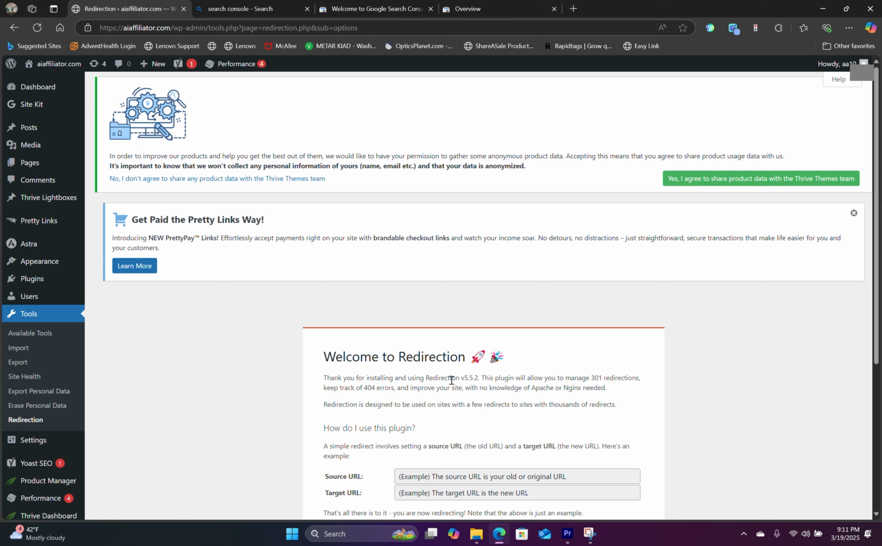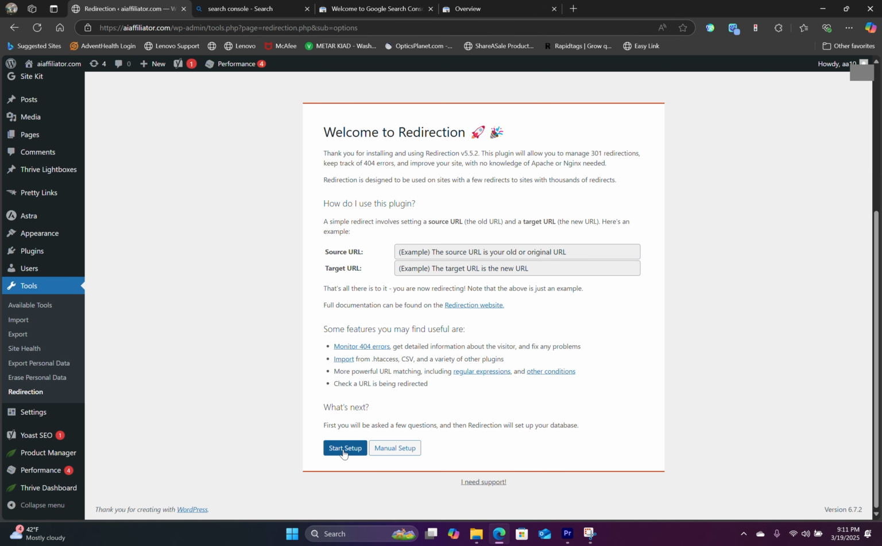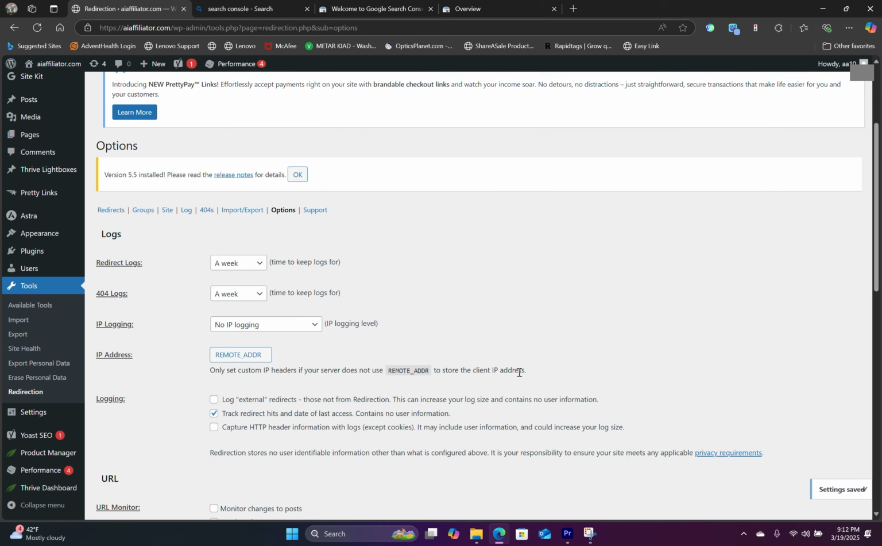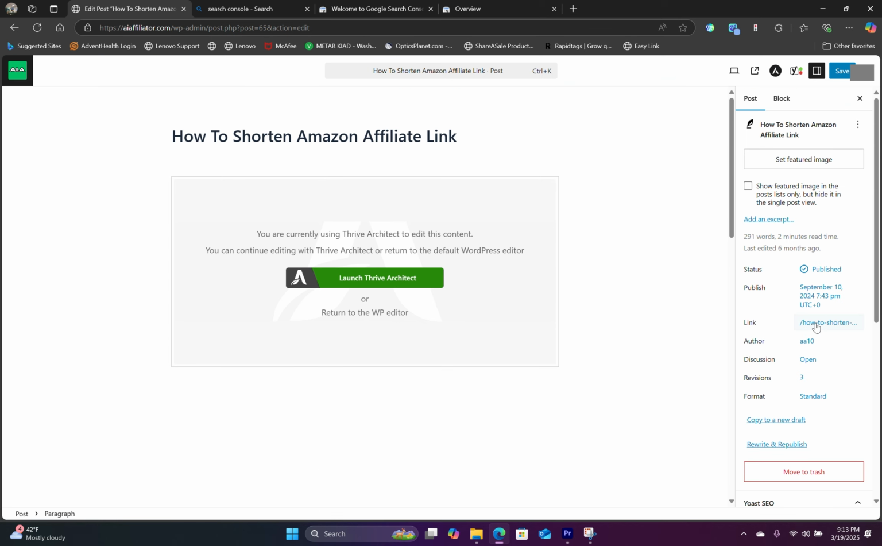To set up the redirection, go under tools, go to redirection, and then hit start setup. Alright, you are done. So for this example, we're adding a 301 redirect to this previously indexed content, and we're going